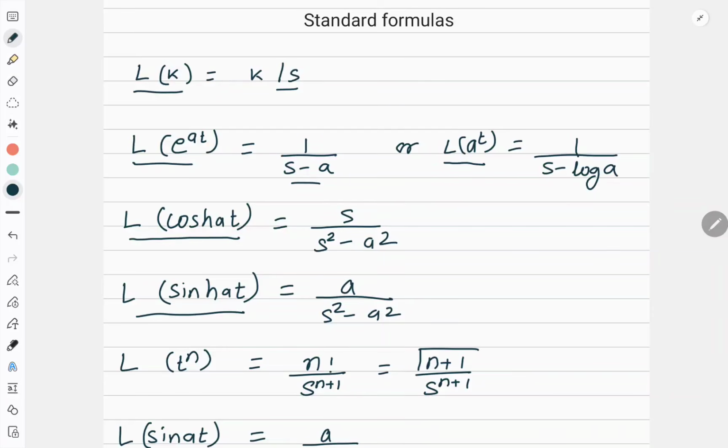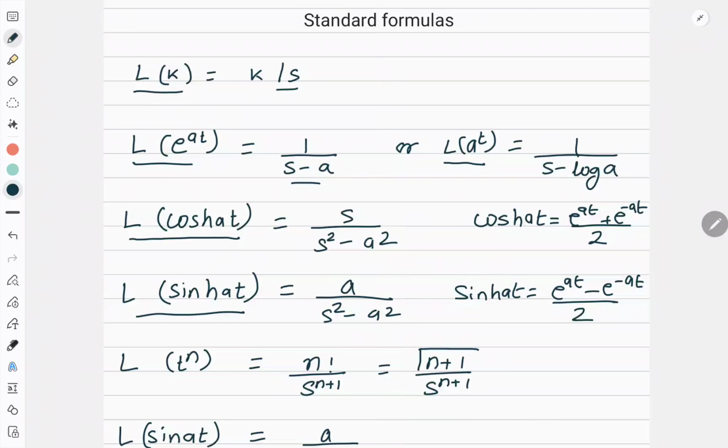Here you need to remember one thing. The formula I used there should always be in your mind. I am not talking about Laplace, I am just talking about the standard cos hyperbolic at. This is equal to e to the power at plus e to the power minus at upon 2. Same way, sin hyperbolic at is e to the power at minus e to the power minus at upon 2, because this will be very often used in the questions. Even in the derivation I used it, if you remember. If you don't remember, please go back to the previous video and have a look at how I derived it.